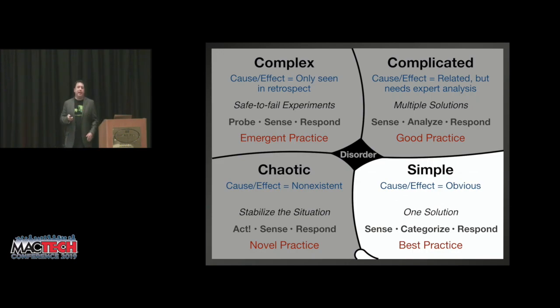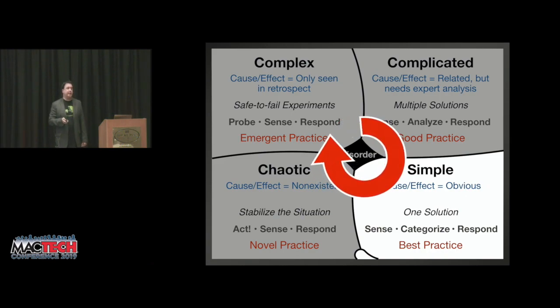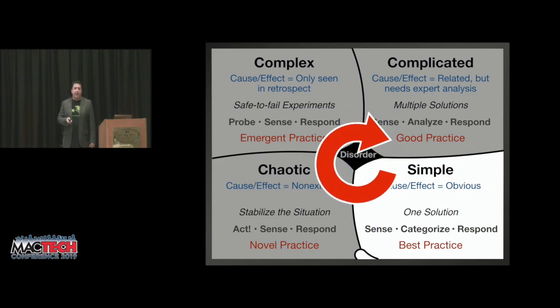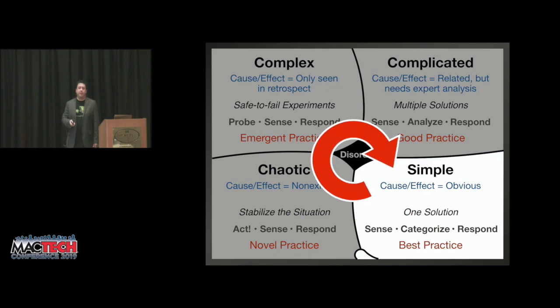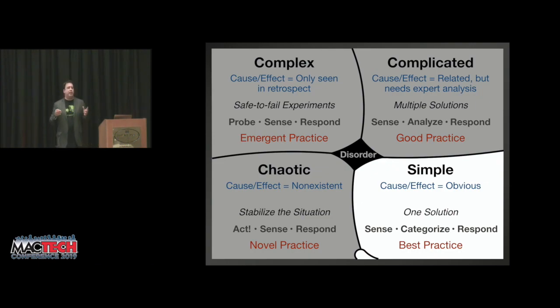And Dave Snowden states that as knowledge increases, it has a clockwise drive from chaotic through complex through complicated to simple. The most knowledge resides in the simple domain. Process-oriented people tend to view failure as a failure of the process itself. They will unnecessarily keep problems in the simple domain in an attempt to find an obvious solution,